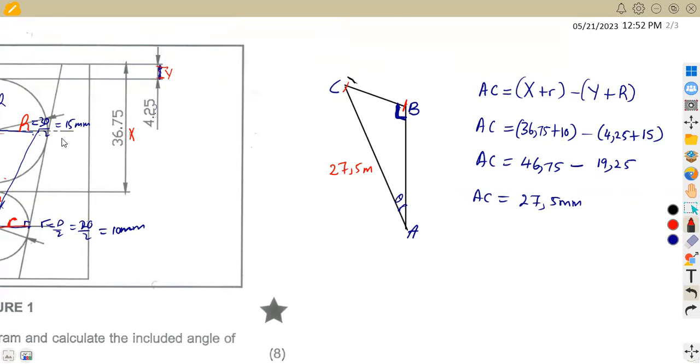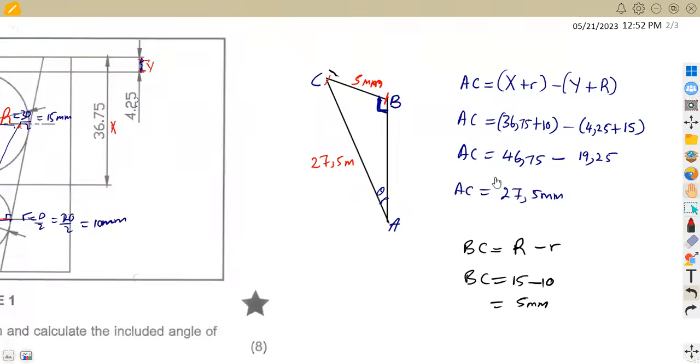So B to C is the difference between the bigger radius and the smaller radius. B to C is taken from this formula, R minus r. So our BC is the radius of the bigger circle, which is 15, minus the radius of the smaller circle, which is 10. So this is going to be 5 millimeters. So with the 5 millimeters and the 27.5 millimeters that we have, we can calculate